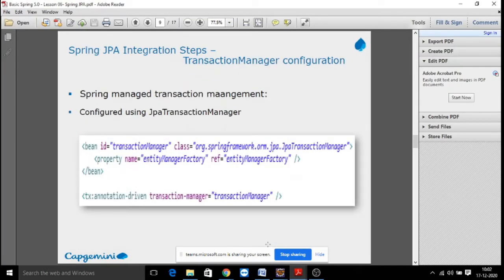Once this configuration is done, if you want to maintain transaction management for your application, you are going to perform create, read, update, delete operations. You want to maintain isolation features, propagation features, rollback feature, and timeout feature for your application transactions, so you have to add the transaction manager. JPA also supports the JPA transaction manager. You can just add it into your resources.